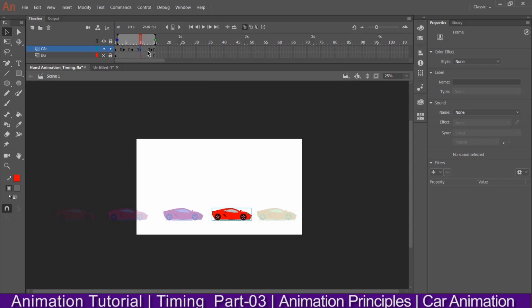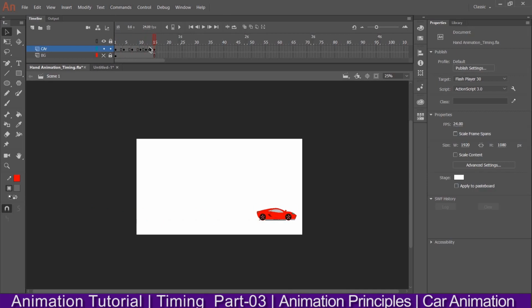Okay, now this task is over, we'll go for this one, and F6 again, shift, okay, up to this, and again I'll place another one, F6, like this. Okay, I think one more is required, F6, then again, okay, and now I'll see the animation.